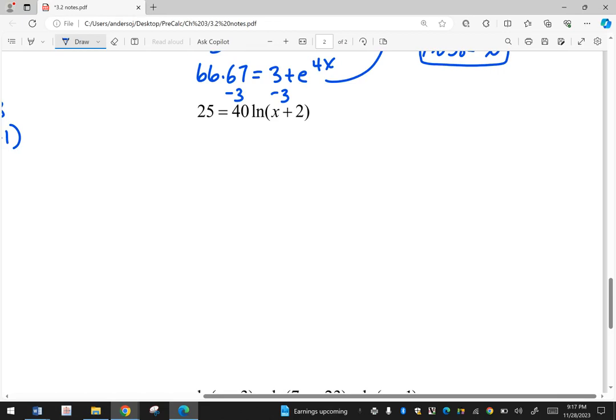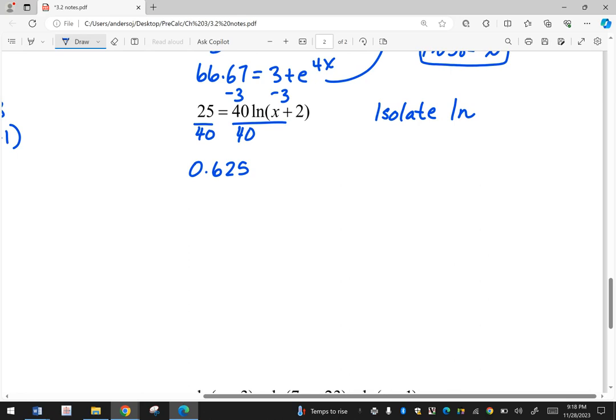All right, so in this example where we're going to start working with ln's, we're going to do the same idea where we had to isolate that ln. So we want to figure out what the ln is on this side, and we want to get that on the side by itself. So our first move here is going to be dividing by 40. And 25 divided by 40 is going to give me